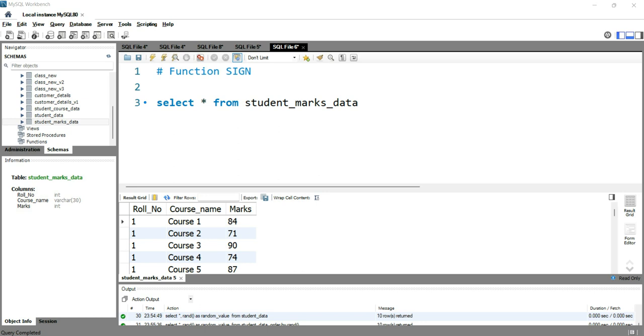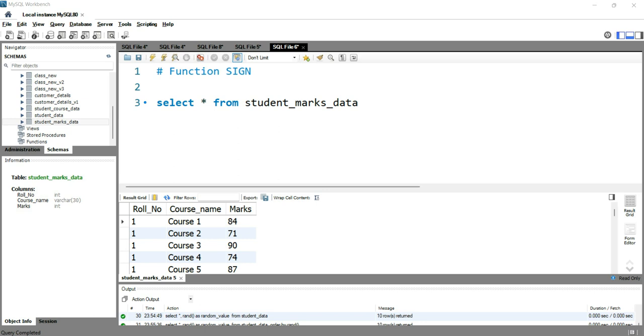The sign function can only be used on a numeric column, and if that numeric column is greater than 0, then the sign function will return 1. Else, if the numeric column is less than 0, it will return -1, while if the numeric column value is equal to 0, it will return 0. So let's see how we can use this sign function to create a bucket for whether the number is greater than 0, less than 0, or equal to 0.